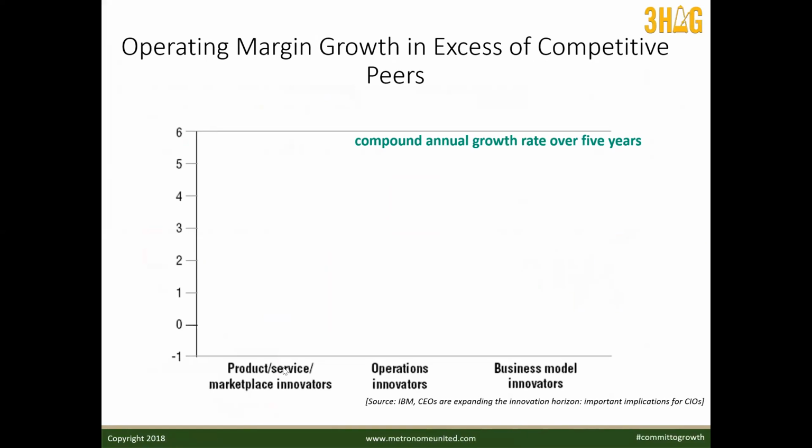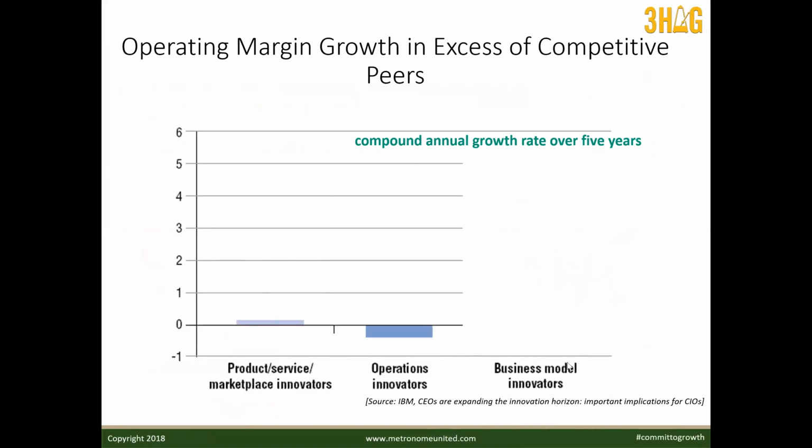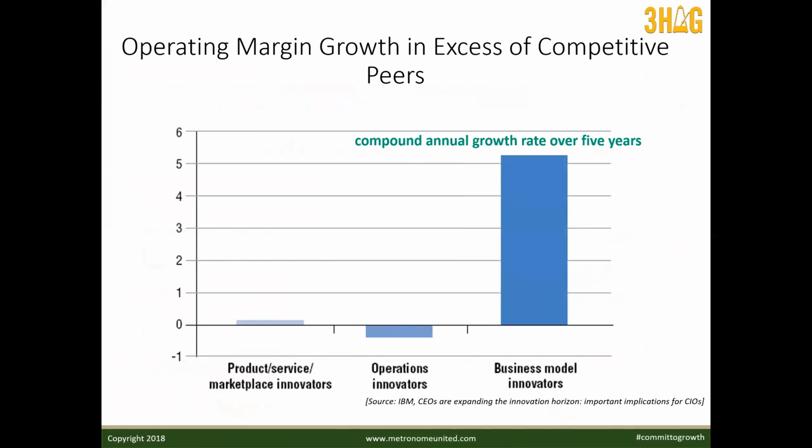One of the things that I really liked about this view is that when we looked at product and service, if we were looking at operating margin growth in excess of competitive peers, and we're just innovating product, service, marketplace innovation, you get a little up. Then if you have operations innovators, they were actually losing growth, if you want to put it that way. And then if you look at the business model innovators, look at the compound annual growth rate over 5 years. This is why the business model matters,